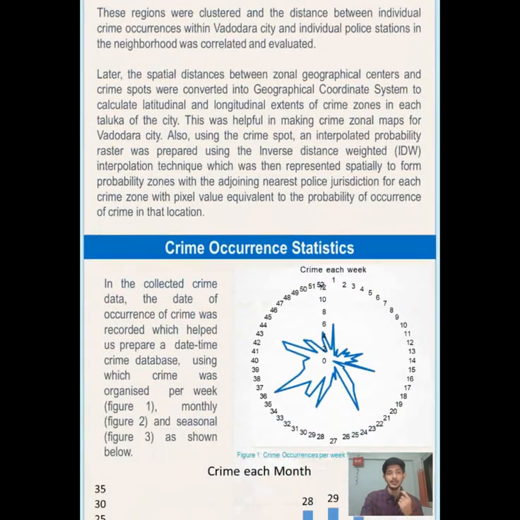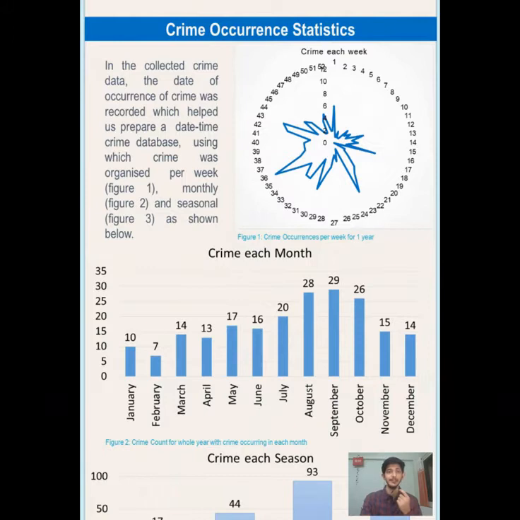For carrying out the crime occurrence statistics, we have collected crime data. At first, we organized the crime based on weekly count, and as shown in figure 1, we have seen that weeks number 36, 43, 24, 16 and 2 were outliers, and they were a little bit different because the overall occurrence of crime was much higher in these weeks. We have observed that during the months of August, September and October, the crime rate was skyrocketing. There was a large number of crimes occurring in this state, and using this, police officers can be cautious